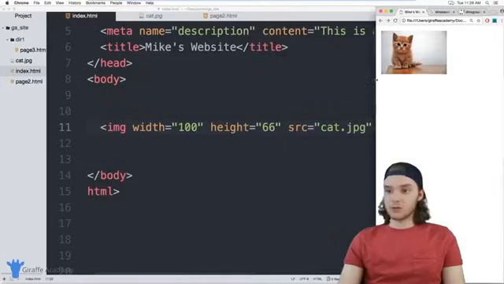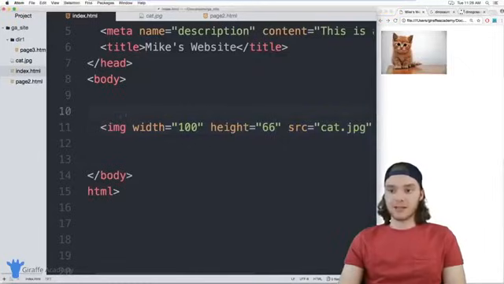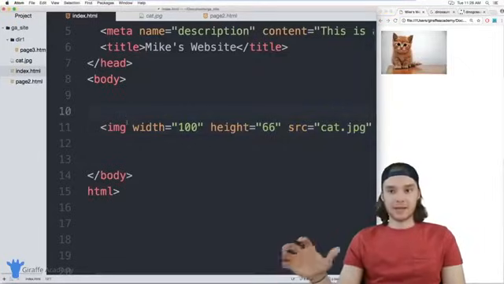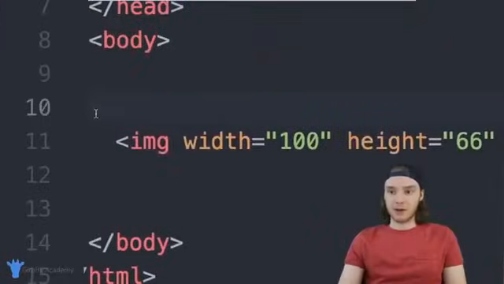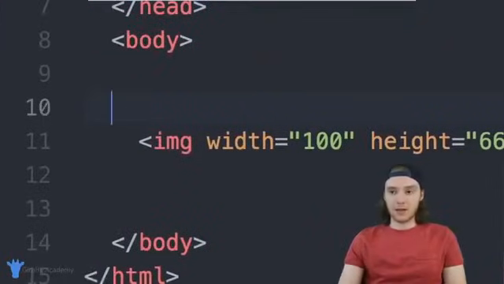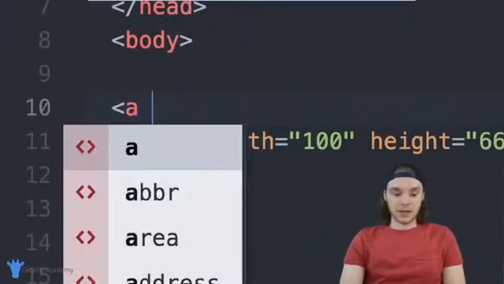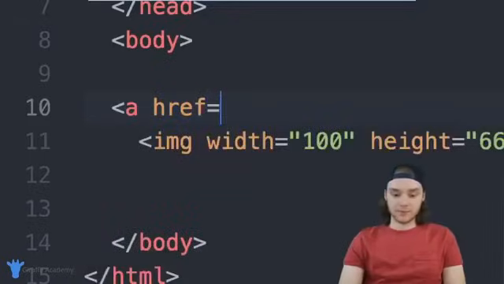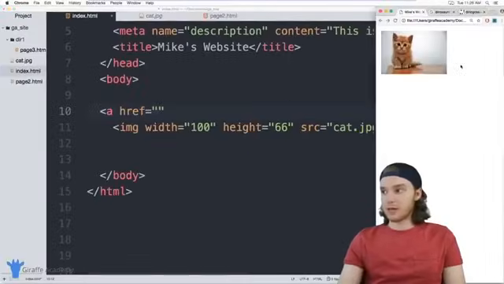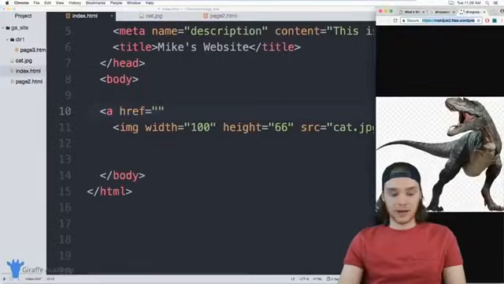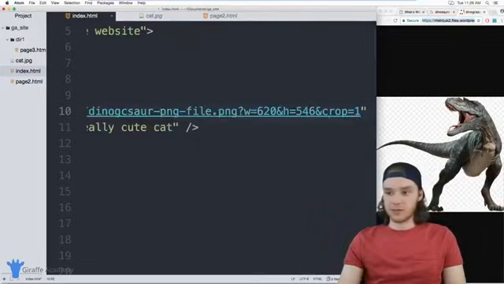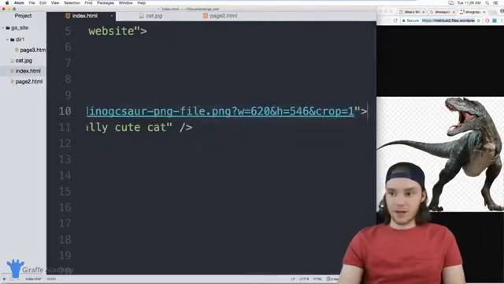And you can also use other things with images. So I could combine this image with a link, for example. So I could come over here and create a link tag, and we can just say A, and we'll give this an href. And inside here, I could put whatever link that I wanted to. So for example, I could link this to this dinosaur picture, right? I could put the URL for the dinosaur in there, and